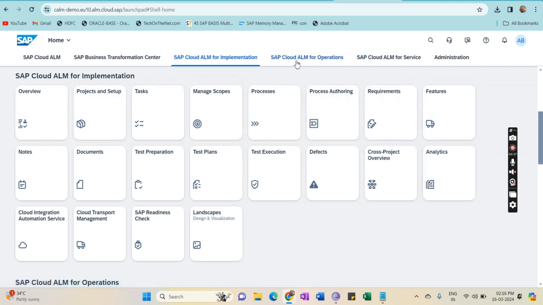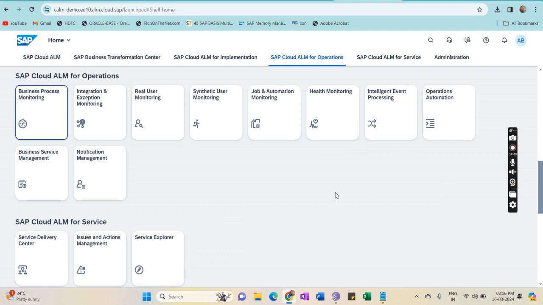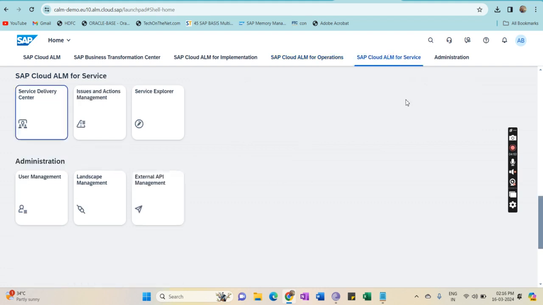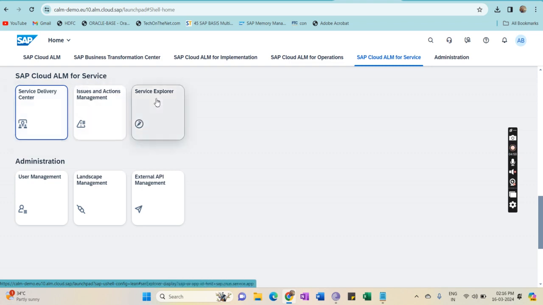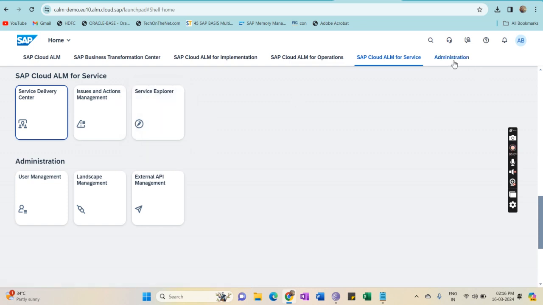Then SAP Cloud ALM for operations. In operations, there are business process monitoring, integration and exception monitoring, real user monitoring, synthetic user monitoring, everything you can check here. SAP Cloud ALM for service also. These are the service delivery center, issues and access management, actions management, and service explorer. And that is the main and